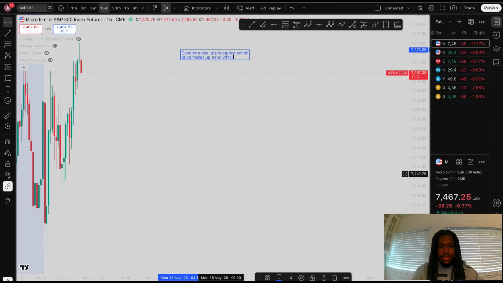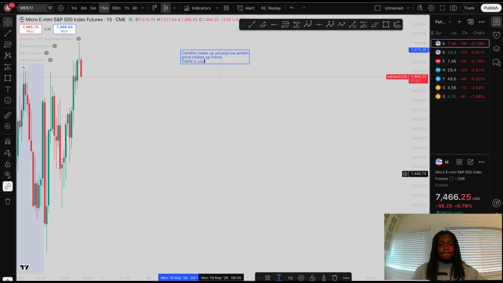which is, if we're making higher highs and higher lows, we're in an uptrend. If we're making lower lows and lower highs, we're in a downtrend. Or if we're just moving side to side, that means we're consolidating, and you probably don't want to take a trade within that. Price makes up trend, and trend